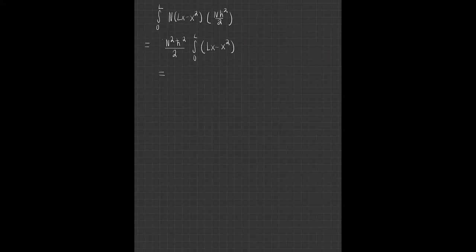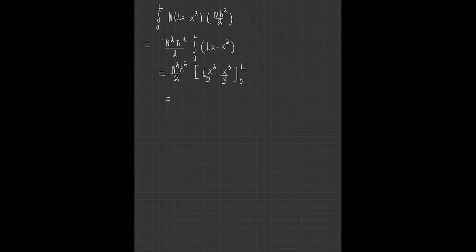And then from here, we just solve the integral. This would be n squared ħ squared over 2, and then this was 0 to L, Lx squared over 2 minus x to the third over 3, 0 to L, and that would be equal to